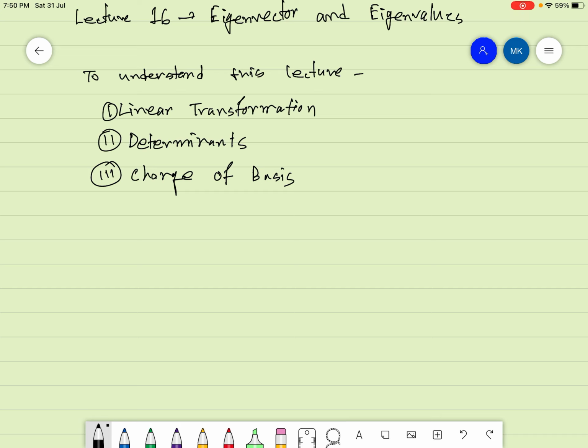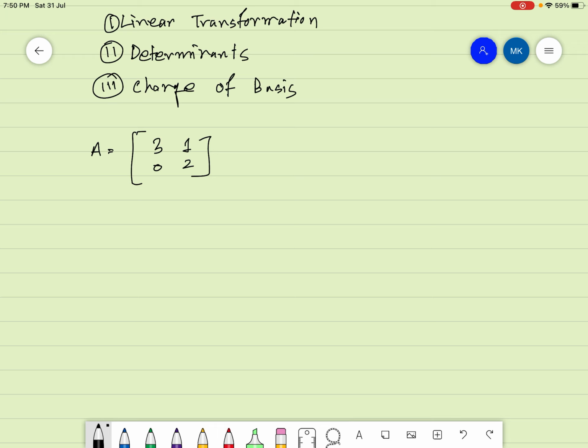So consider a linear transformation done by this matrix. Let's say you have this matrix A equals 3 0 1 2. So what linear transformation will be done by this matrix? Let's say before the linear transformation you had this basis i cap and j cap, and after the linear transformation